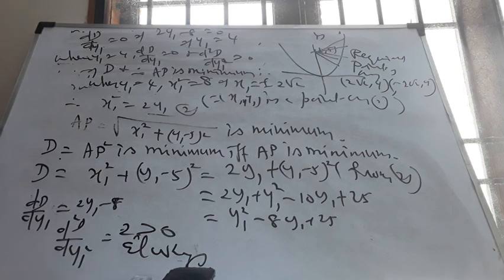Which is closest or nearest is equal to saying the distance of which point on the curve is very small, which is least. That's the very idea we are supposed to think about.